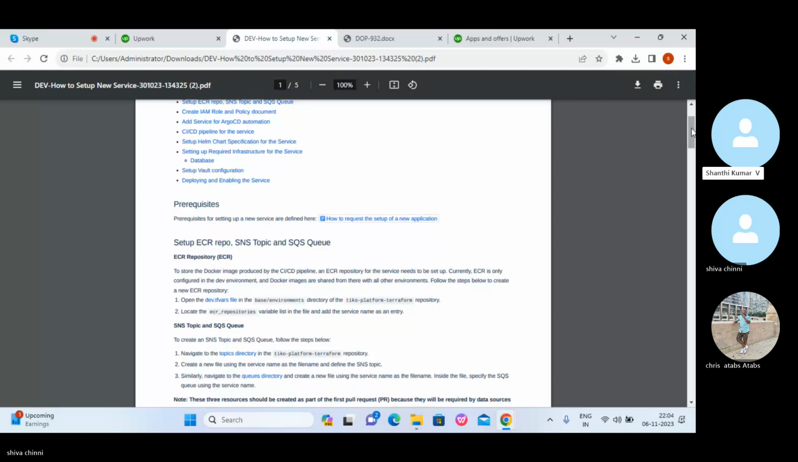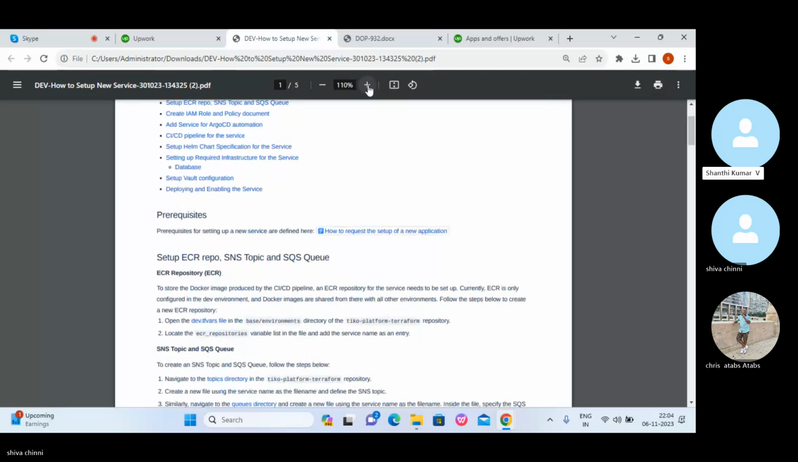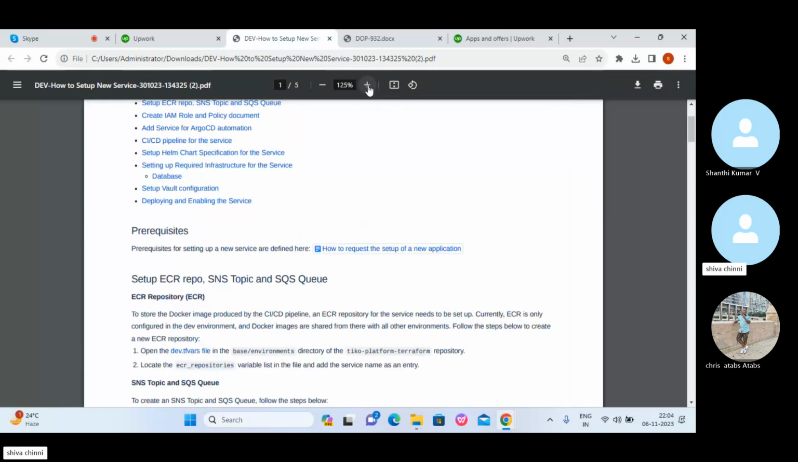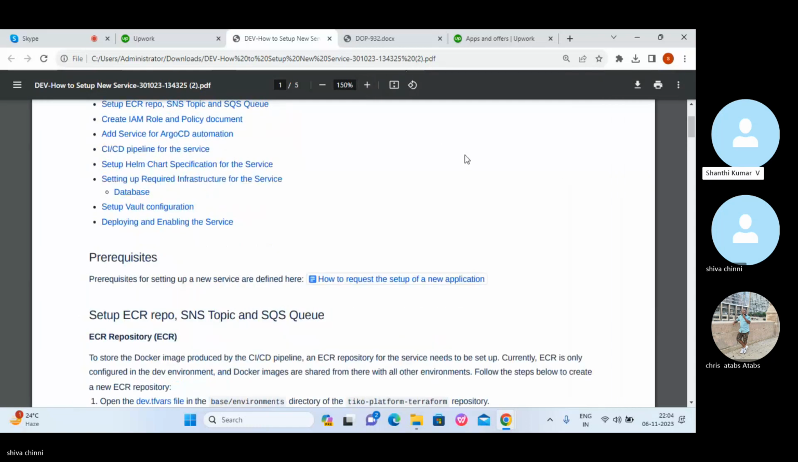One minute. Let me increase the size. Okay, so you can increase the font size on the corner of your document. Okay. No? Yeah, a little more. I am reading on another laptop actually. Okay, so